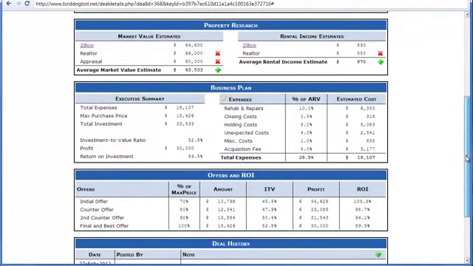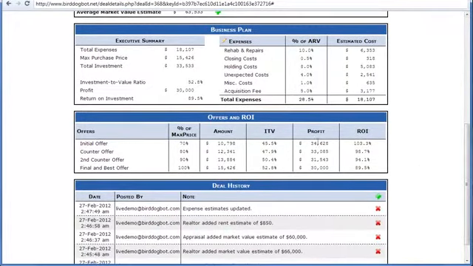Also, if we scroll down a little bit more on this details page, you'll notice we have a little offer strategy here that we could use. So in this case, our maximum purchase price that we're willing to pay such that we get our $30,000 is $15,426. Now, we probably don't want to go in with our maximum price, as we all know in negotiating. So